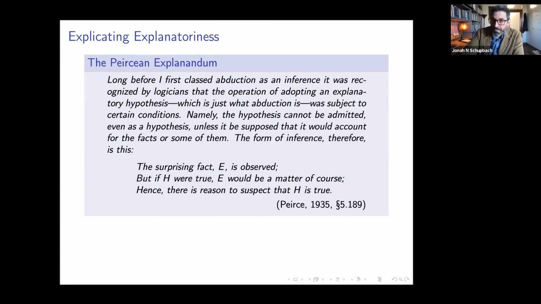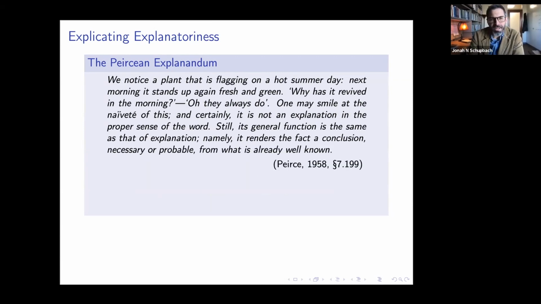The Peircean explanandum for the notion of explanatoriness I have in mind is famously given in this quote. I'm going to return to the important part of this quote in a second, so I'm going to skip over this for now. Peirce here makes very clear that what we're talking about when we talk about explanatoriness is something like the epistemic function that explanations often have for us and for reasoners, not the nature of explanation itself. What we're interested in doing here when we're explicating explanatoriness is not trying to give a new account of what it takes to have an explanation, but an account of what the epistemic effects of explanations tend to be.